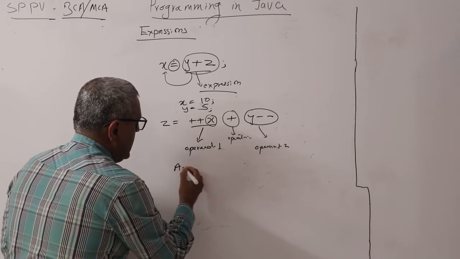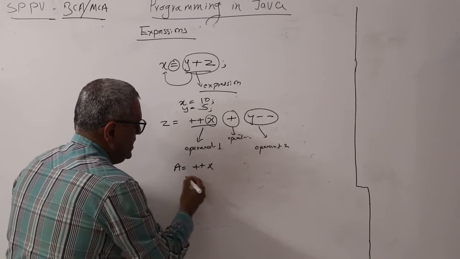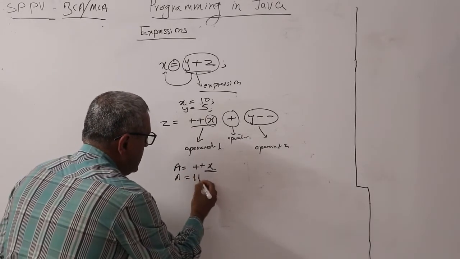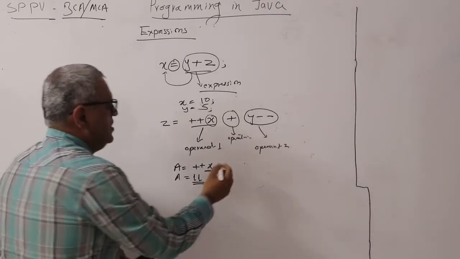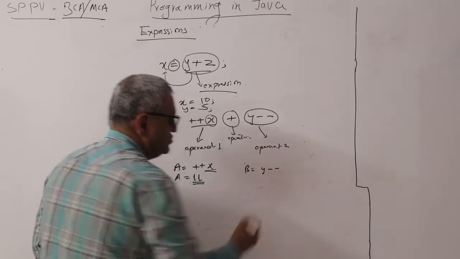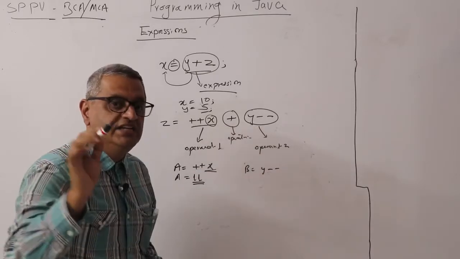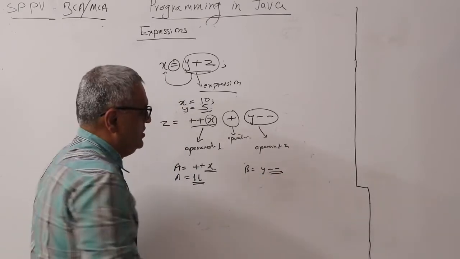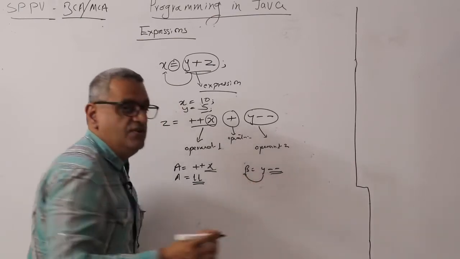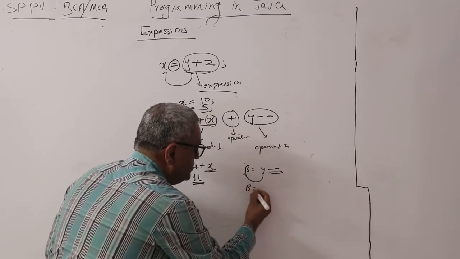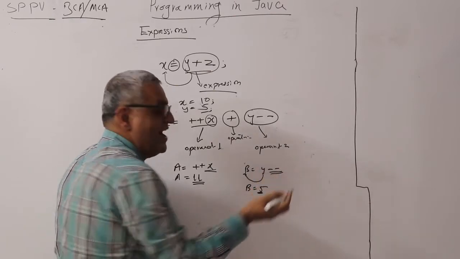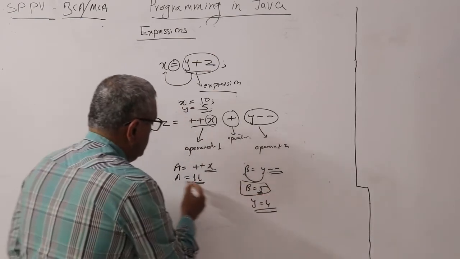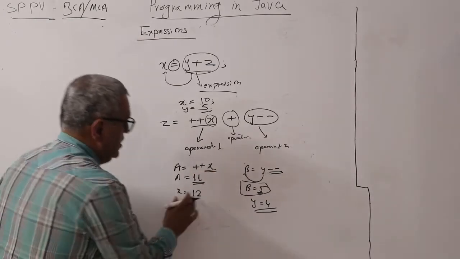So if I say this operand 1 as a, so a is equal to ++x. What is the value of x? x is 10, so a becomes 11. Now let us consider b is equal to y--. What is the value of y? y is 5. Now just look, this is a post decrement. So what I will do is assign the existing value of y to b, which is b equal to 5, and then the value of y is decremented by 1. So y value becomes 4, but b is 5. Here x value becomes 11,